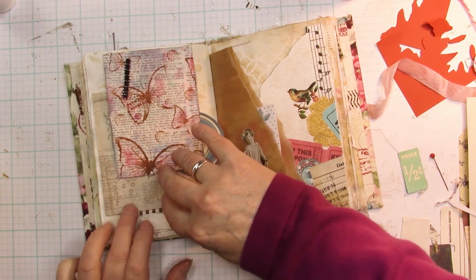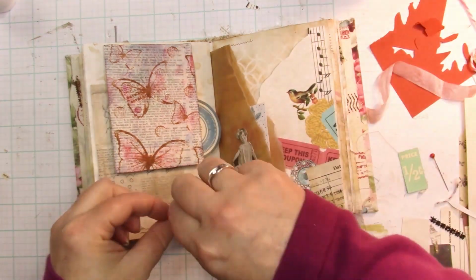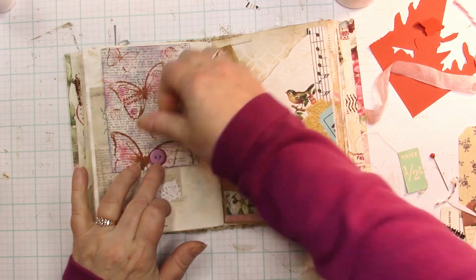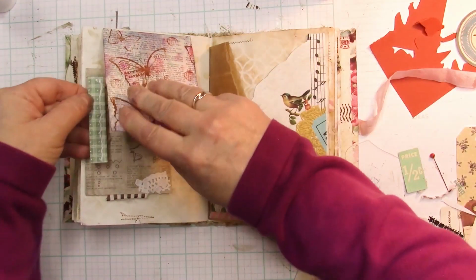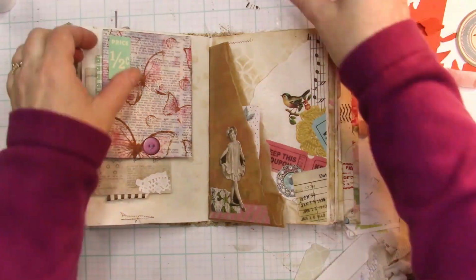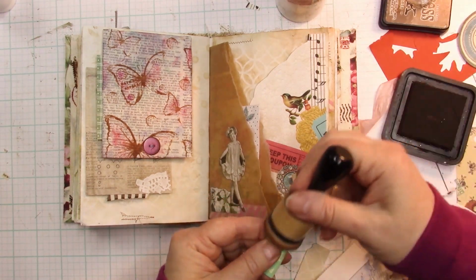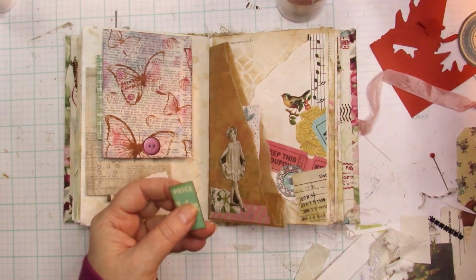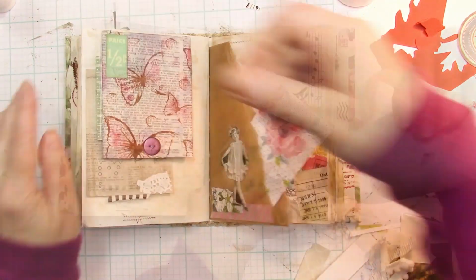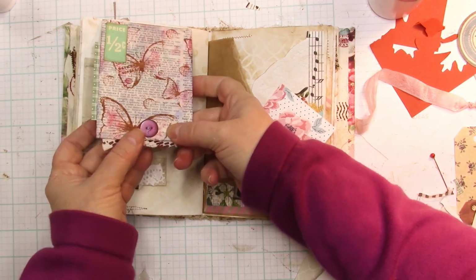This I used earlier, and I have to tell you, this is actually a pair of shorts I got for 10 cents at a thrift shop, and I have gotten so much use out of that. A little button. That button's not a real button. That's a paper button, so I get the look of it without the bulk. And that other paper, the green paper, not this one, the other one. That's an old Stampin' Up paper, I think, that I've had for 20 years. So even using up stuff like that carries that green, that cheerfulness, earthiness, and a little